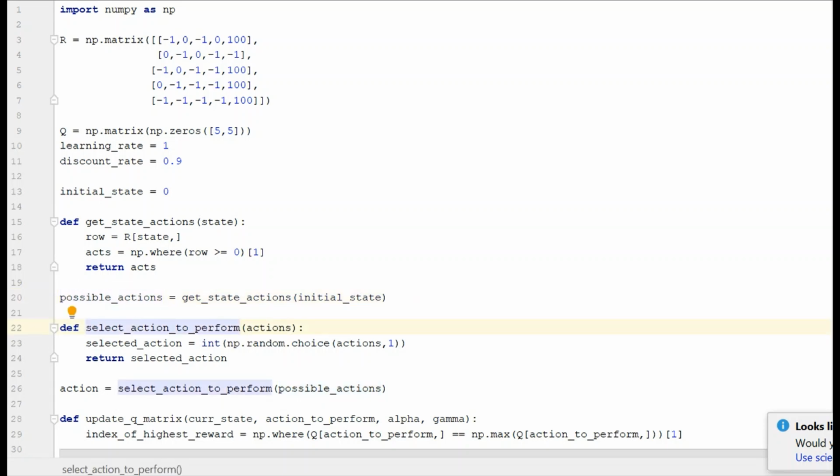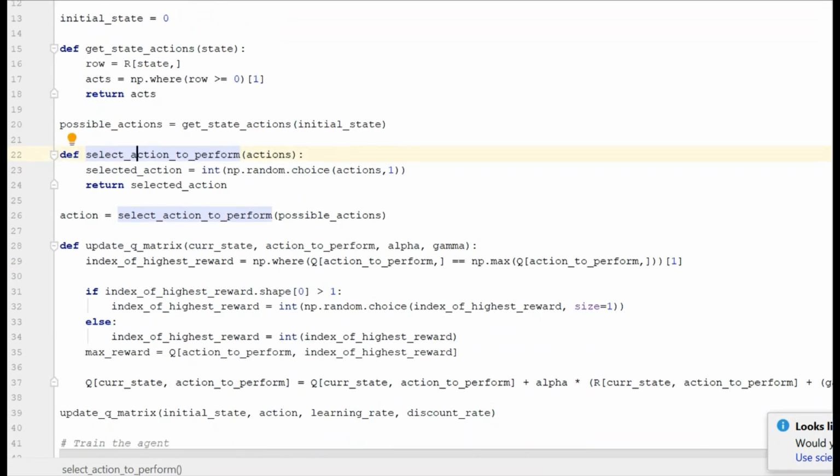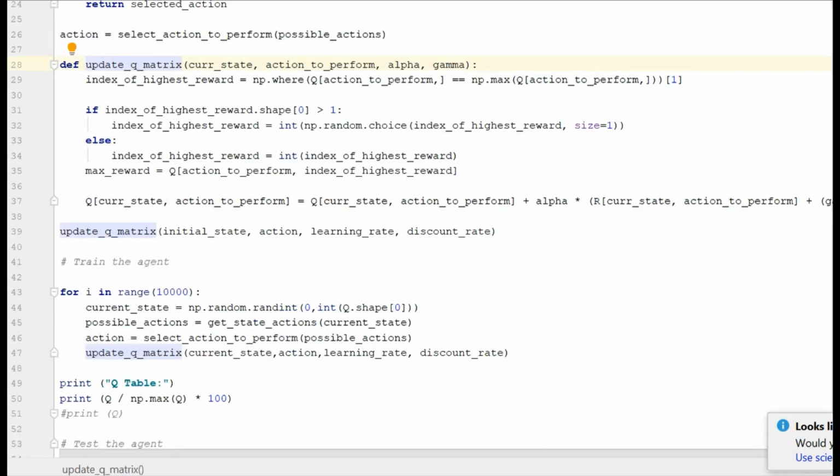Further, we define a function called selectAction to perform. So there might be, as we have already discussed, multiple actions for a state. So the agent has to select one action randomly. So here we are selecting the action to be taken. In the next function, we are updating the value of Q matrix.